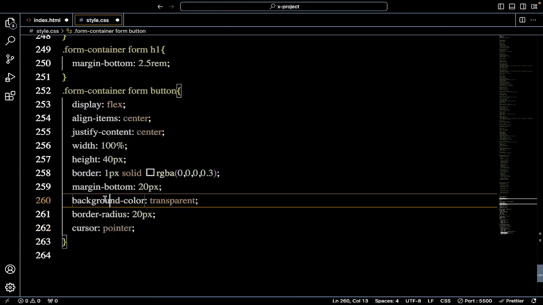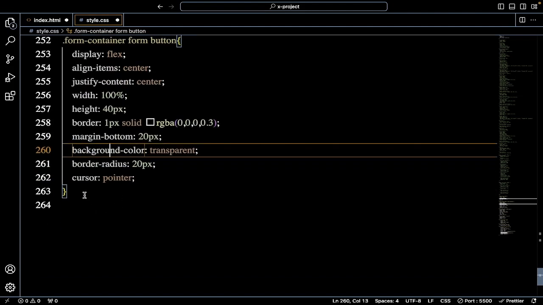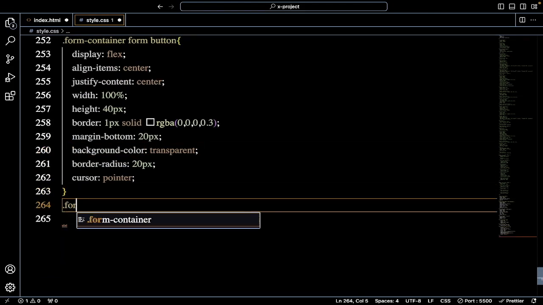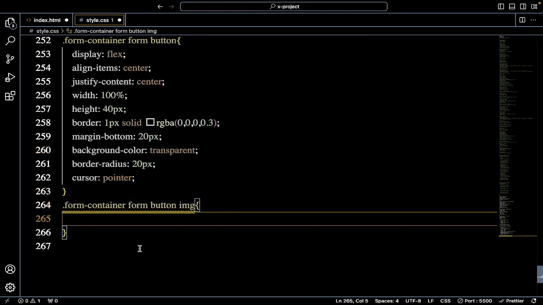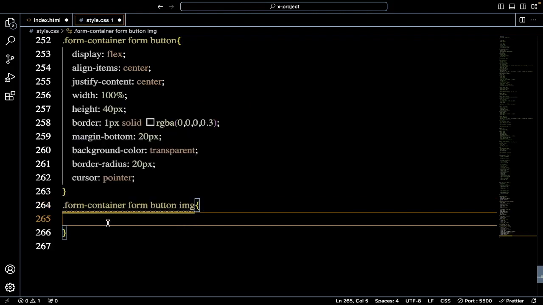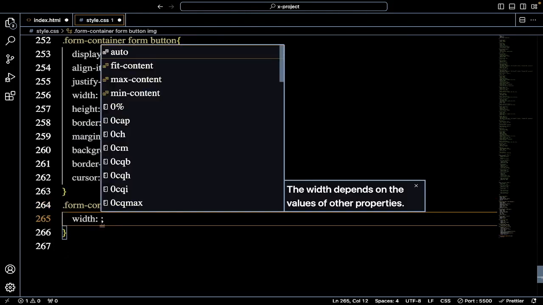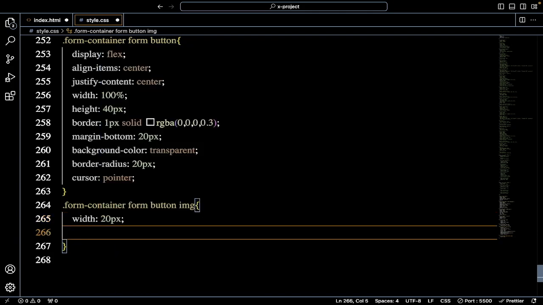So this is the styling for the button. So the background color is transparent. We set cursor to pointer so that when we hover over it, it will indicate that it's clickable. So now let's start the image inside the button, the icons. The form is inside the form container div, and we have the button inside the form and images inside the button. So width, give them 20 pixels and some margin to the right,